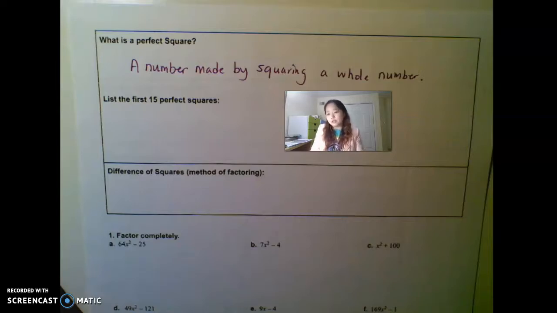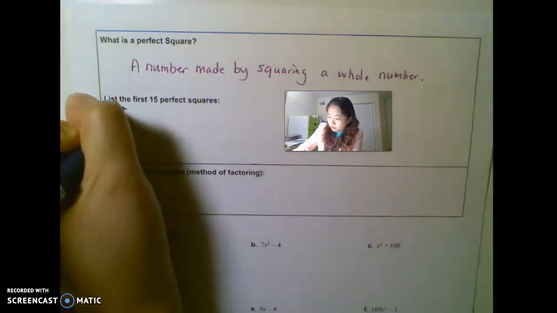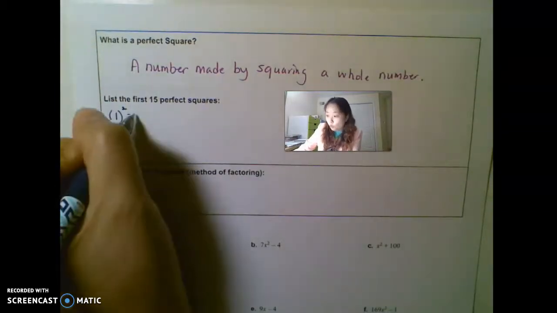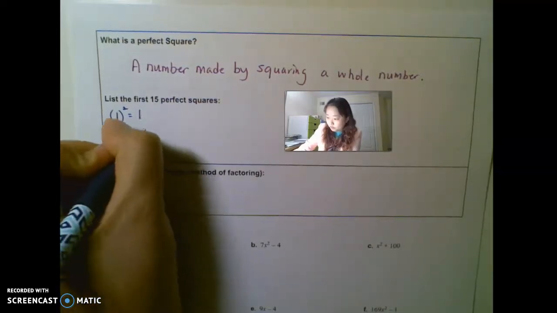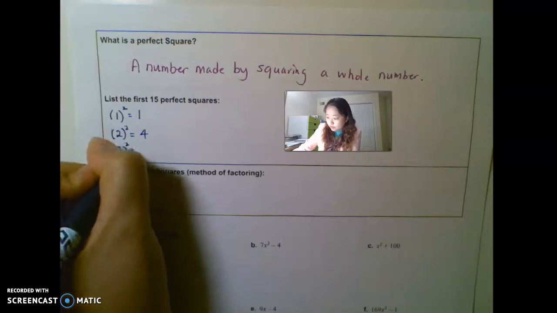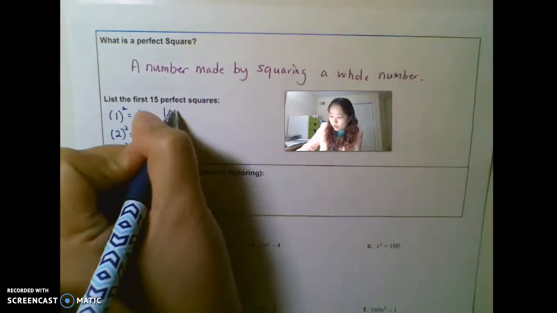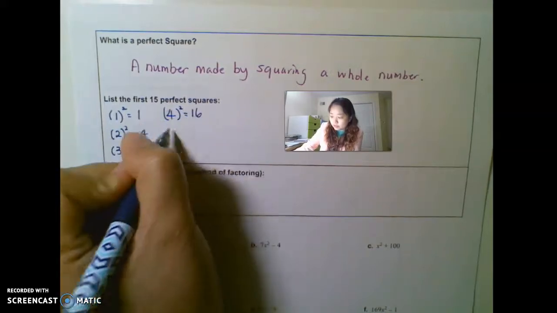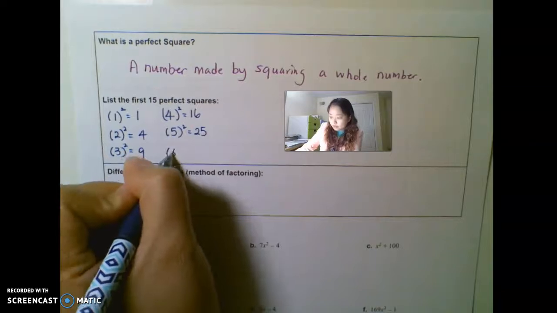So let's talk about the first 15 perfect squares, because if you see these numbers, you should just be like, oh, that's a perfect square. So it's better to get used to this. I'm going to put them in parentheses, even though I don't have to. 1 squared, 1. That is a perfect square. 2 squared, 4. 2 times 2 is 4. 3 squared, 3 times 3 is 9. 4 squared, 4 times 4 is 16. 5 squared, 5 times 5 is 25. 6 squared,